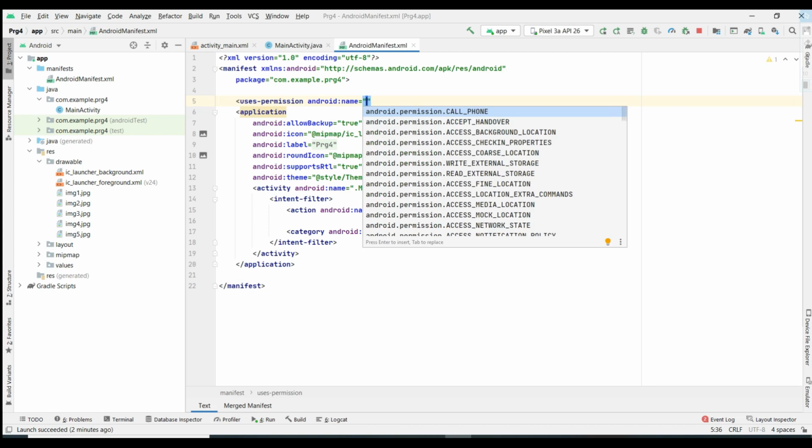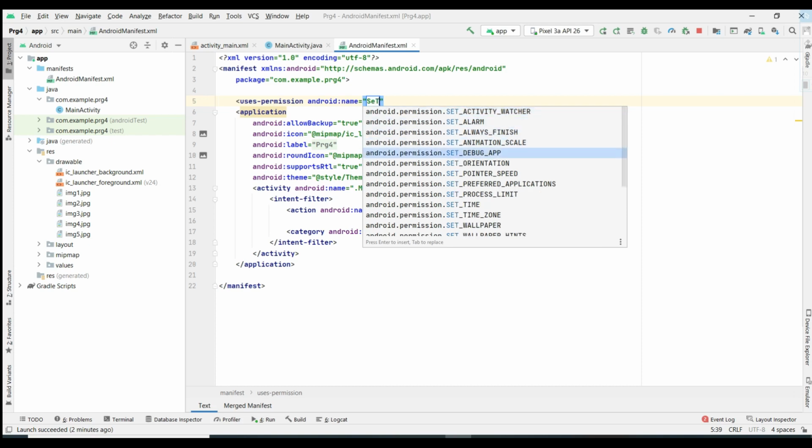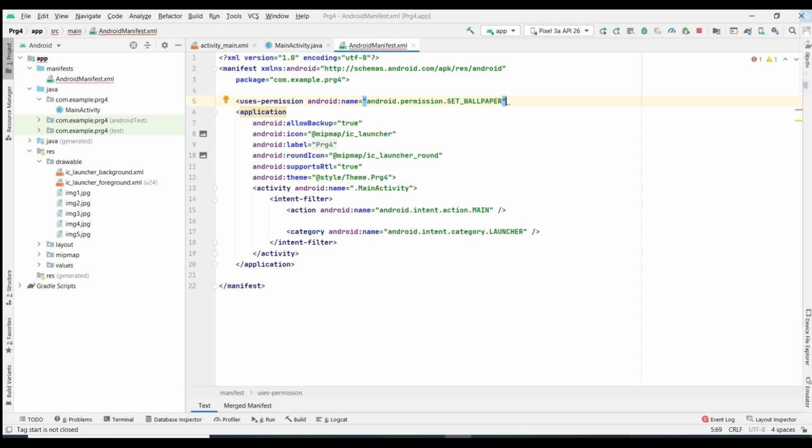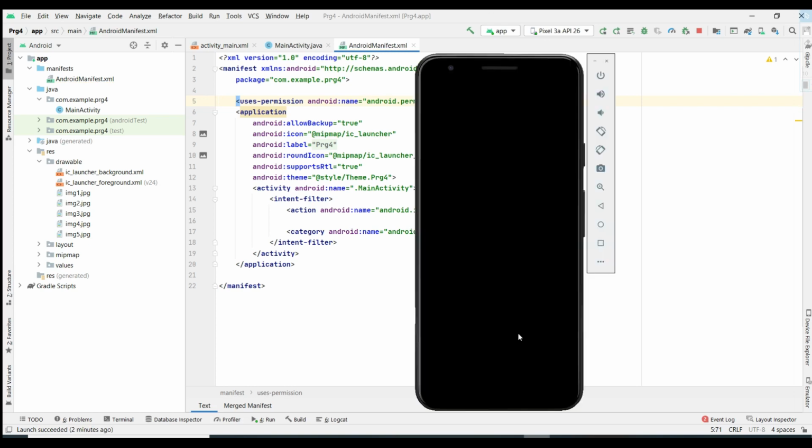Since it is set wallpaper, you just need to type SET_WALLPAPER. If you look here, you are going to get this. Okay, so this is how, and close the tag. So this is how you need to give the permission, so that you get this working properly.